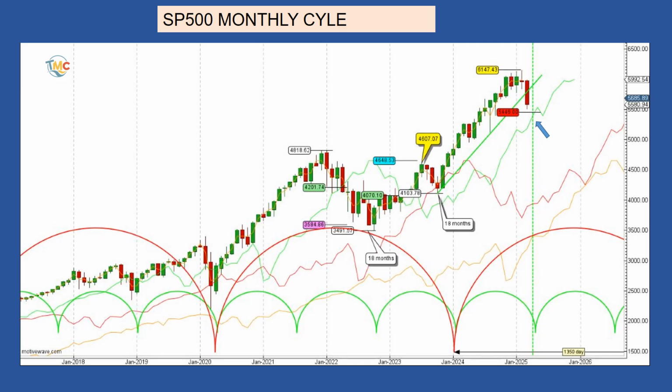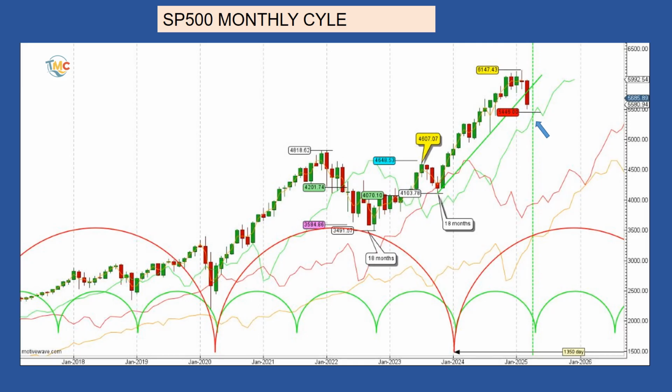If the S&P 500 crosses sharply below its 18-month cycle line, then with a very high degree of confidence, we can call the S&P 500 bull market over. And if the crossing occurs around this price, this will give a potential downside target of 4,625, or a 14% decline. In this case we may have to switch to the bearish scenario.